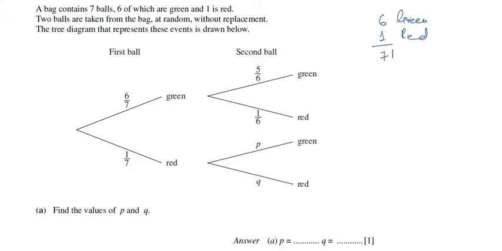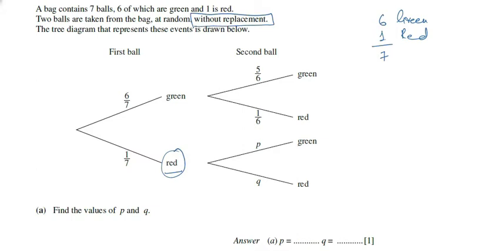Now if the first ball is red, because they have already filled the table for green, green, green, red, and the probability of red is also given here, we will just complete this for second green and second red ball, as they have already told in the start of the question that it is without replacement case. Without replacement means that if we pick red ball from the bag, we will keep it outside, and then we will pick the second ball from the bag.